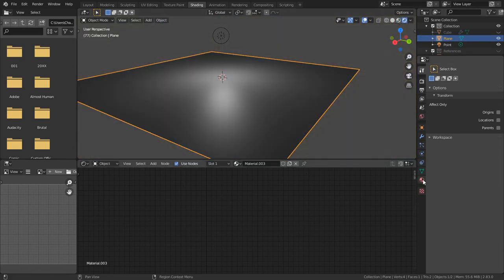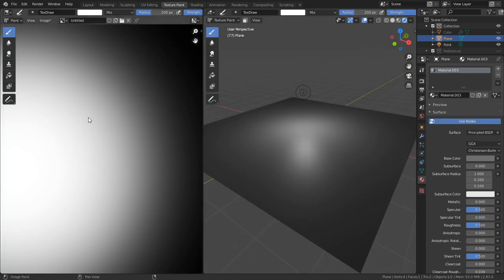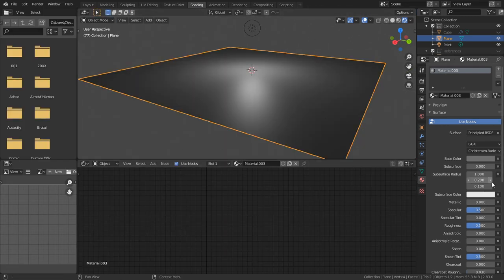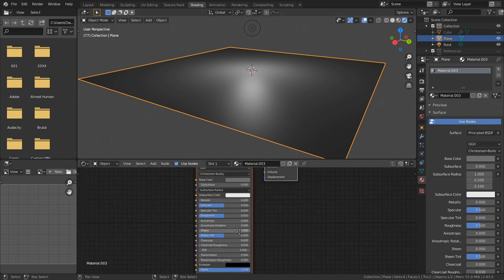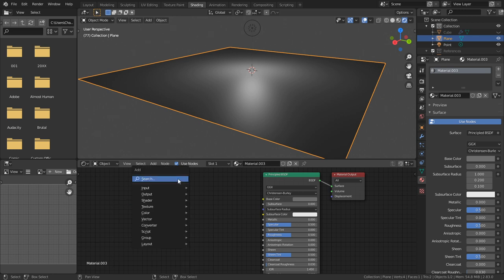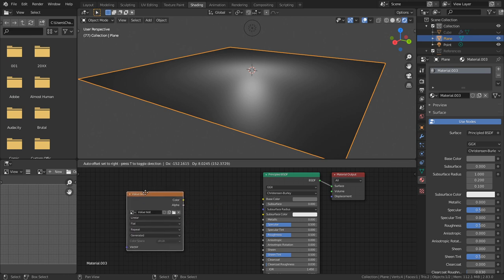So, what did I name that texture? Let's just call it value test. So we're in here. Oops, gotta have an image texture. That's what that is. There we go. Now I grab that value test. So if we assign it to